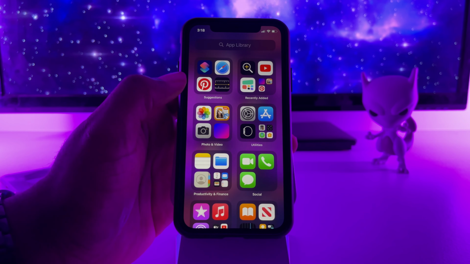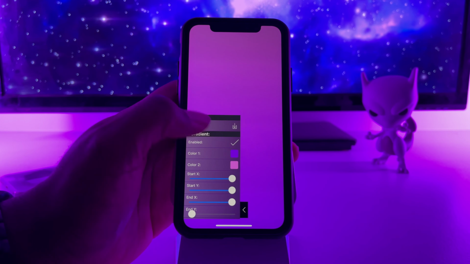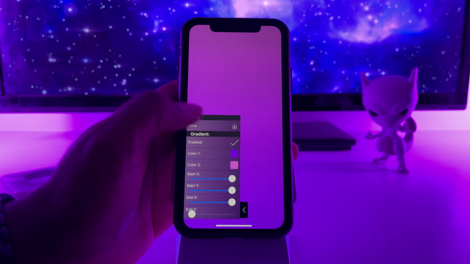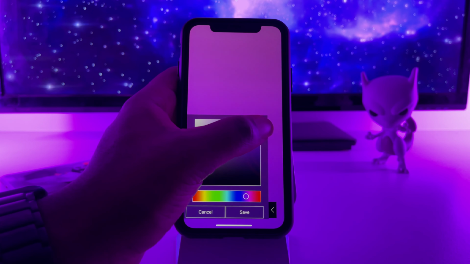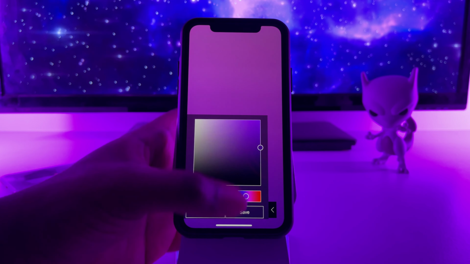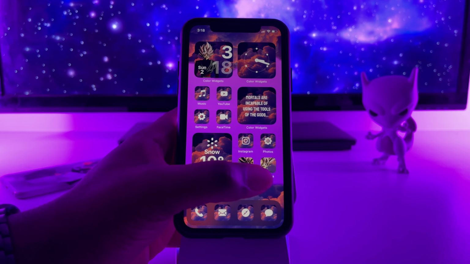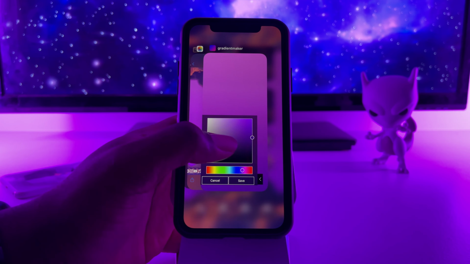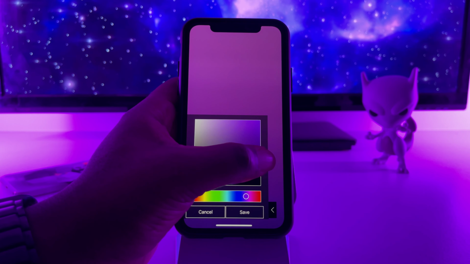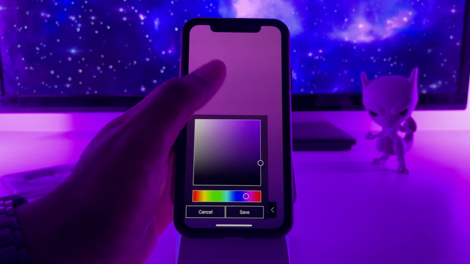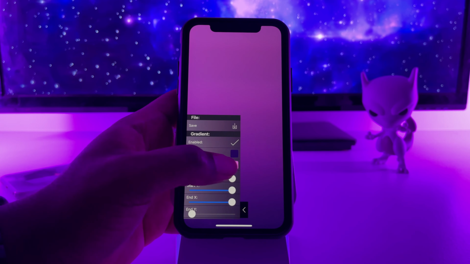So I'm going to go over to Gradient Maker, and nice, look for us to still have it set up. So I mean, if not, then you just have to play around with it. So I'm going to choose something, let's see, a bit darker purple. So I might just drag this down to about here. I think that looks good. Hit save. And then for this pink,